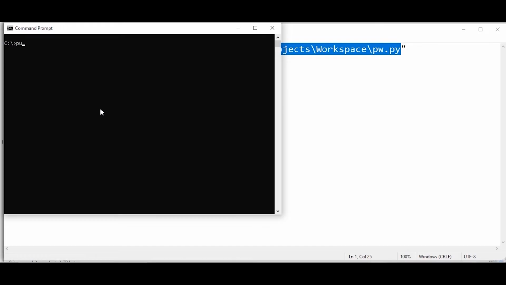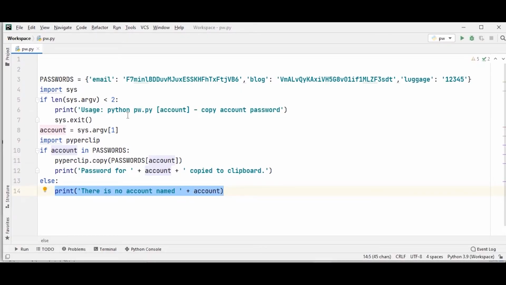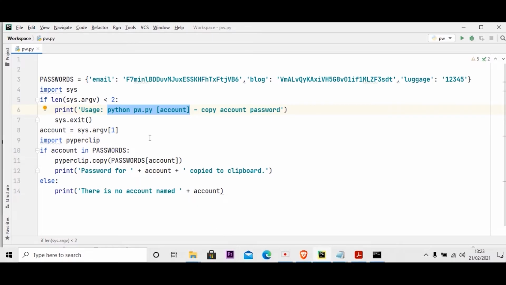I will do pushd so that I can push the directory to my directory. I will give Control V and I will not give this. I will press enter. So here you can see the directory has changed. Now I can use the command which I had in my Python file. Here I will show you what is the command. It is python pw.py, then the account name. The account name may be email, blog or luggage. So I will copy this